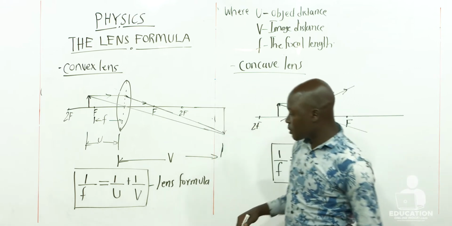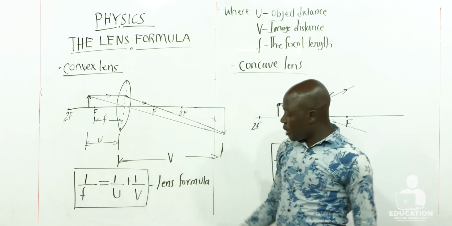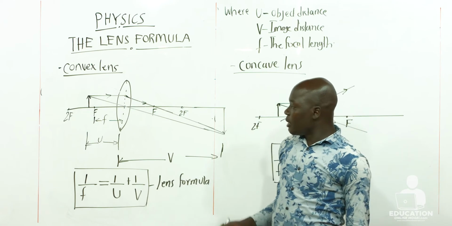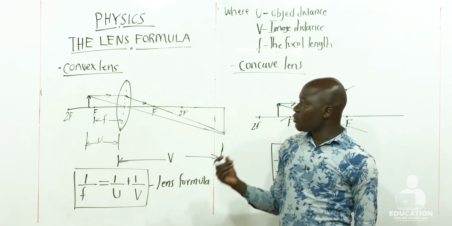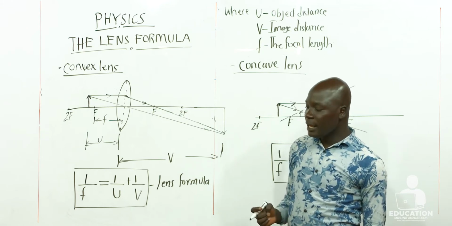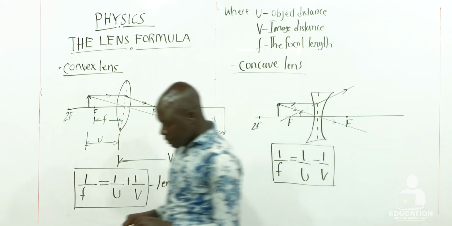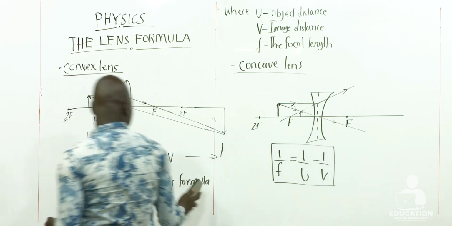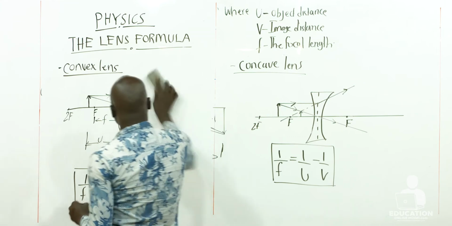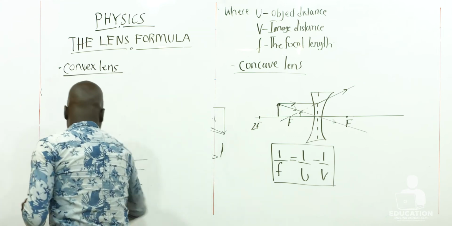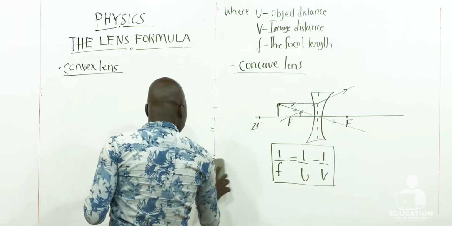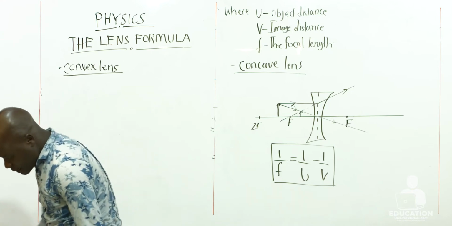Now, dear learners, a question can be asked. You'll either be asked to get the focal length, the image distance or the object distance. A question can also be asked where you are to get the position of the image using a ray diagram. So, dear learners, this is how a question can be set. That is how we can use the lens formula, or how we can get the position of the image for an object. So now, taking this example,